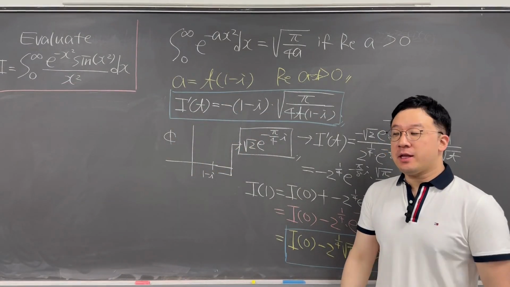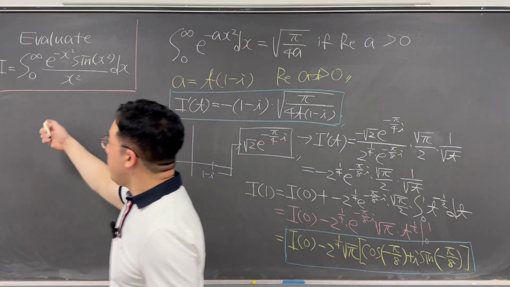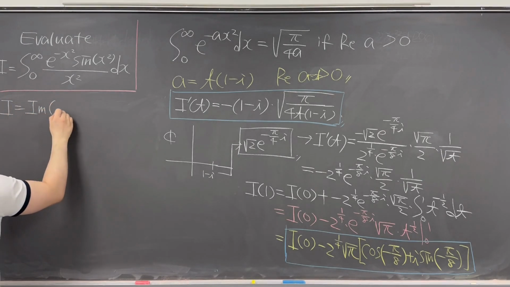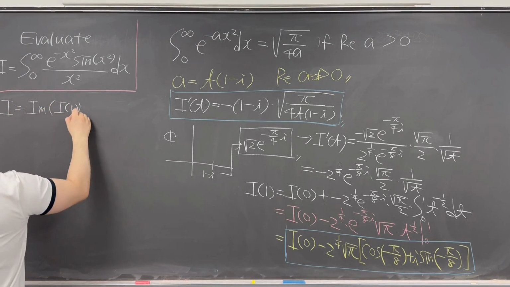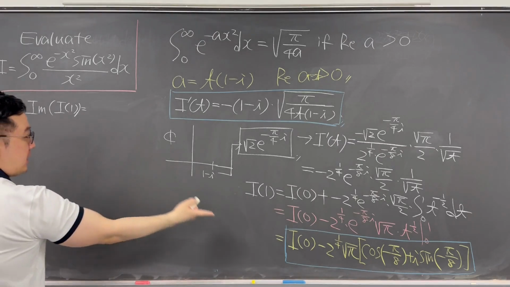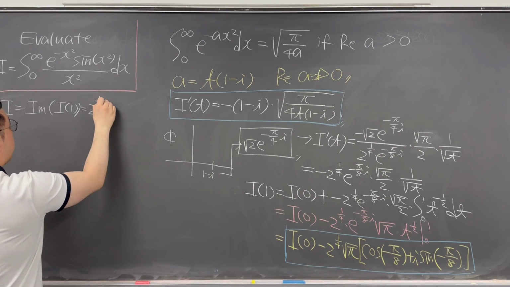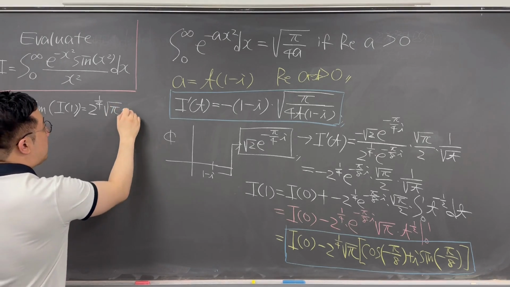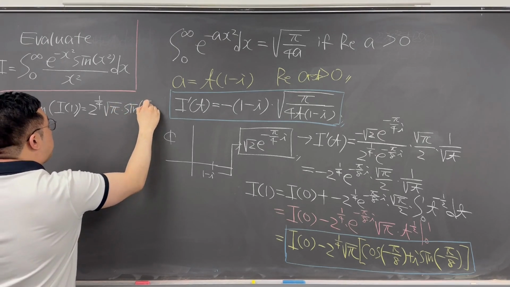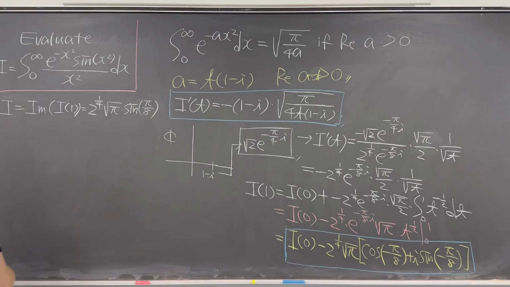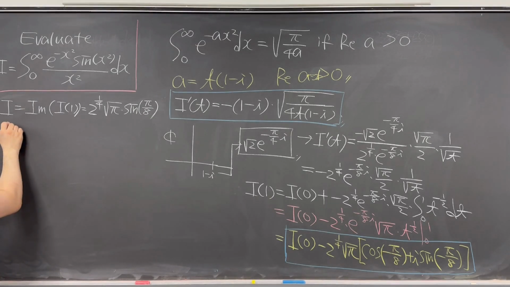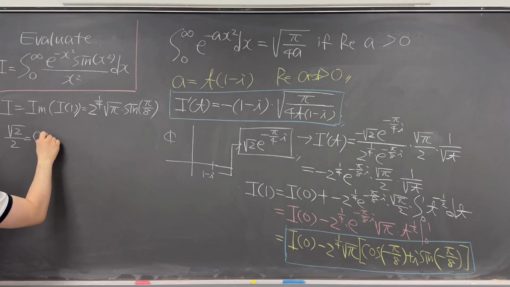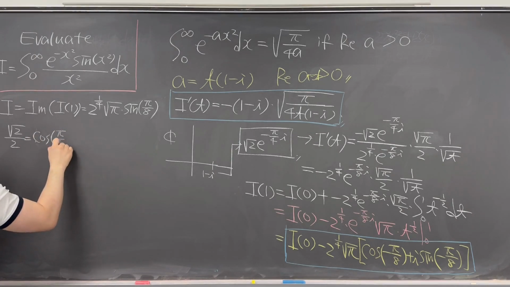Okay, so let's get to the final answer for this integral. So I is the same as the imaginary part of this I of 1. But we just figured this out as 2 to the power of 1 over 4 times square root of pi times sine of pi over 8. And then knowing that square root 2 over 2 is cosine of pi over 4,